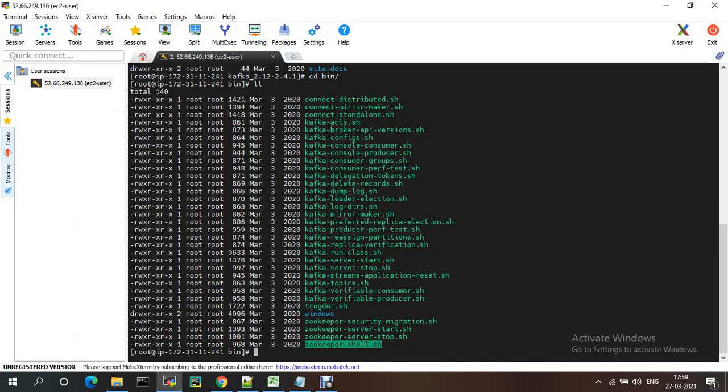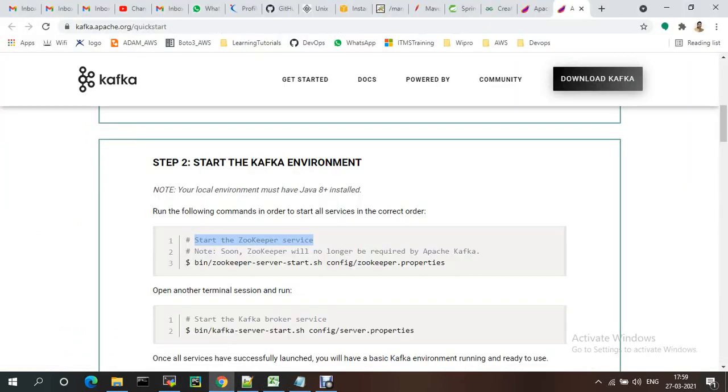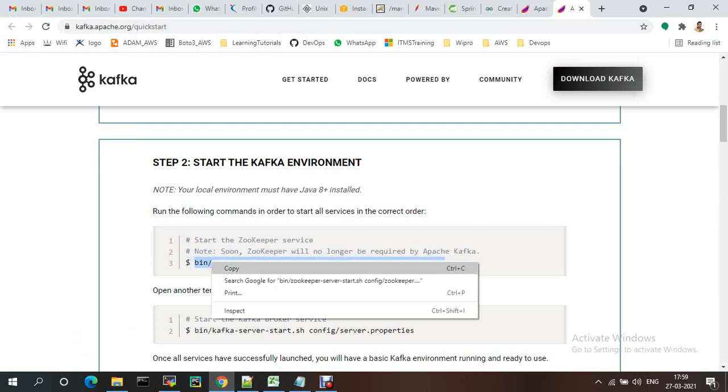So this is the step: bin/zookeeper-server-start.sh with config/zookeeper.properties.